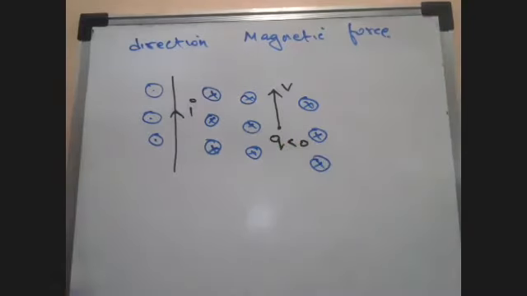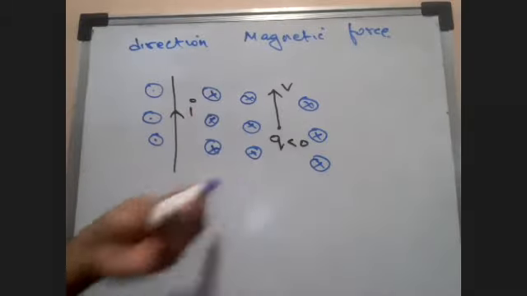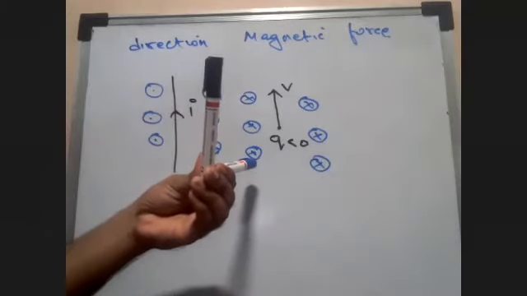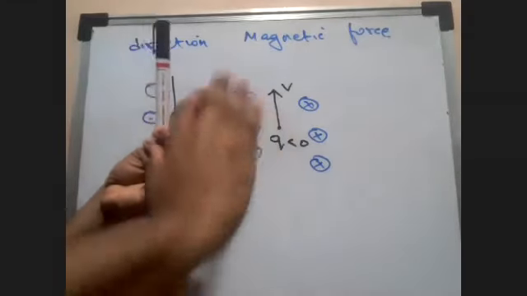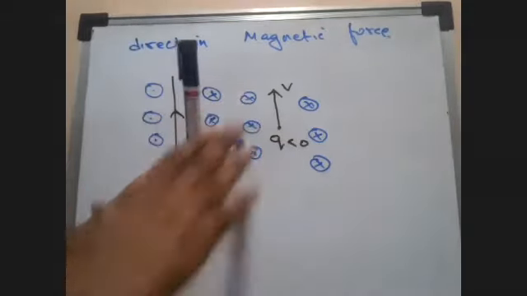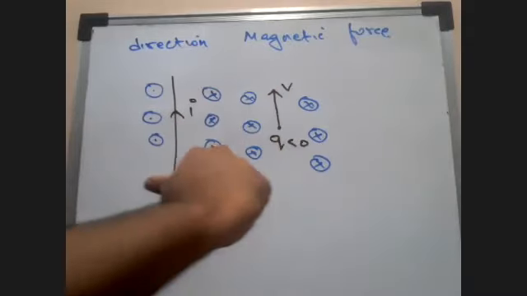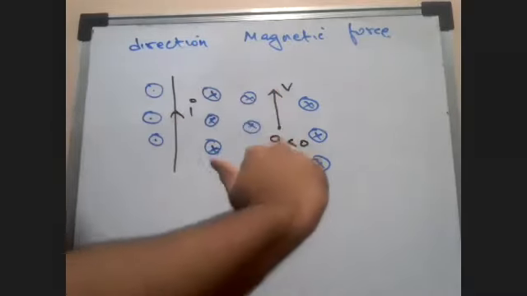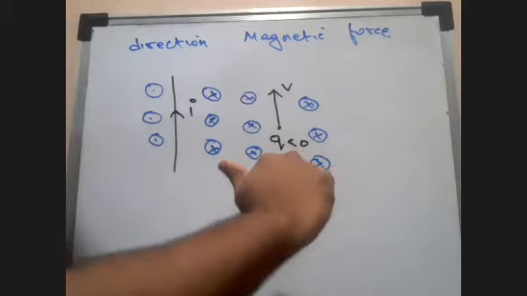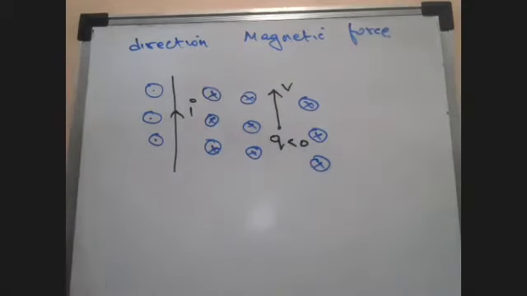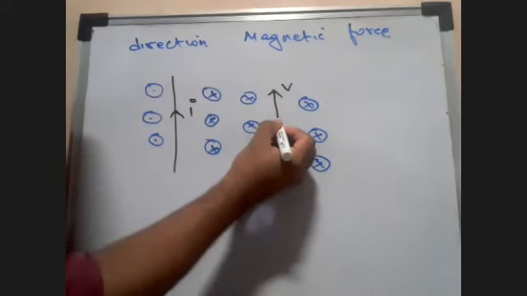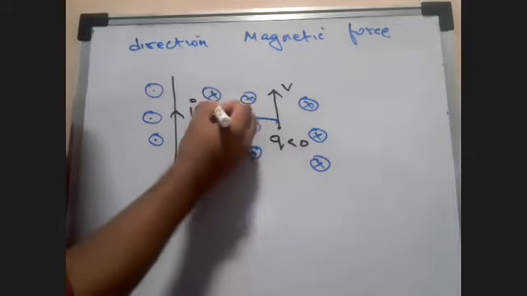If the magnetic field is inside, here the cross means the magnetic field is inside. And this charge is going upwards. In that case, what is V cross B? V cross B will give you a direction of force on the left side. Is everyone understanding? V cross B, magnetic field inside, charge going upwards like this: V cross B gives left side. So I am getting an obvious answer telling me that the force is in this direction. It is V cross B.